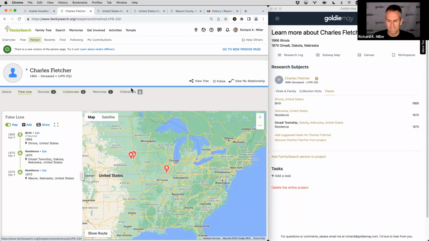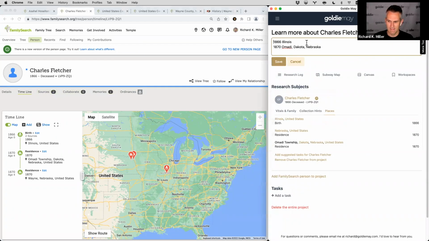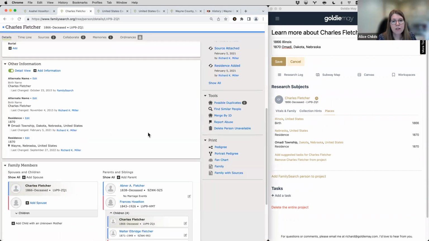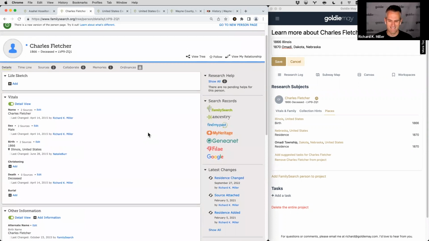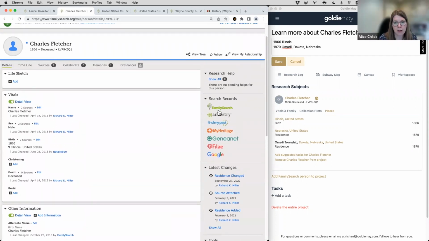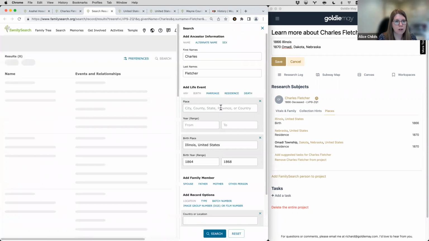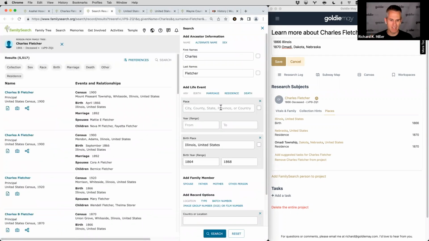So the next step is instant records, which go ahead and click back to his details page. So instant records are record hints, which there are none for him. The other thing I term as instant records is just when you do a search on the little FamilySearch button there, because FamilySearch will just search and see what you can come up with. That's just a way you can catch any quick and easy records. So if there's something really obvious, you would